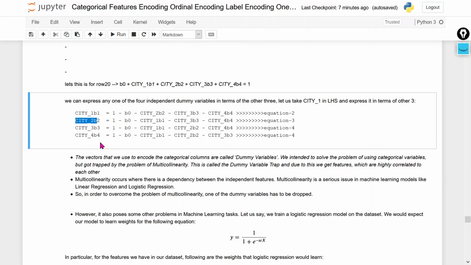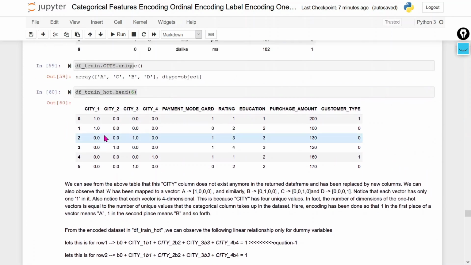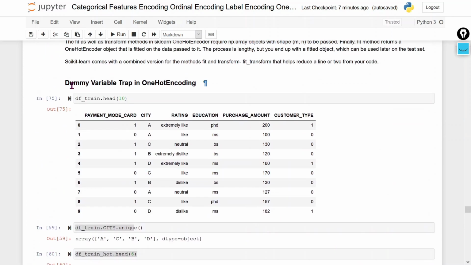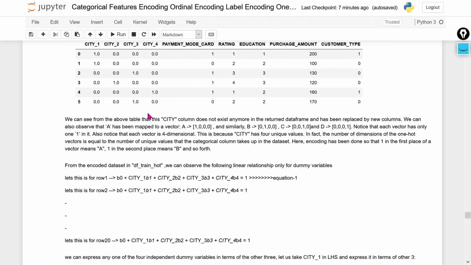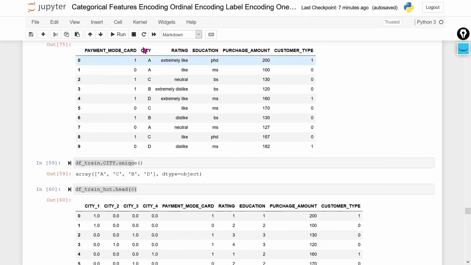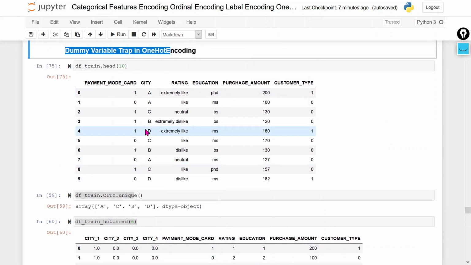Now we will discuss what the dummy variable trap is. Our main goal is to convert these nominal features into numerical numbers. For that, we use one-hot encoding.